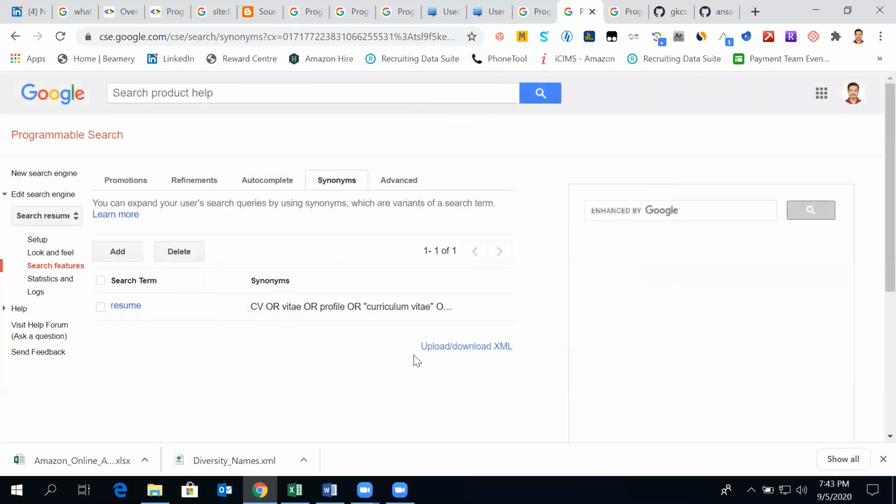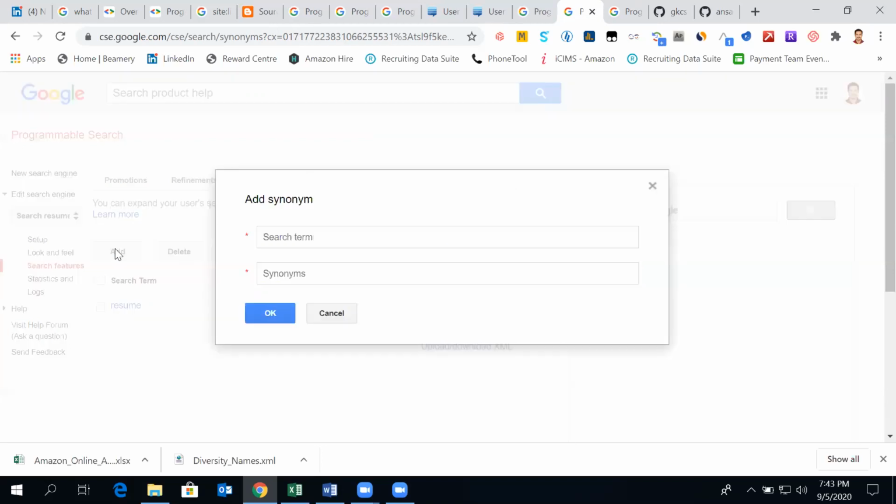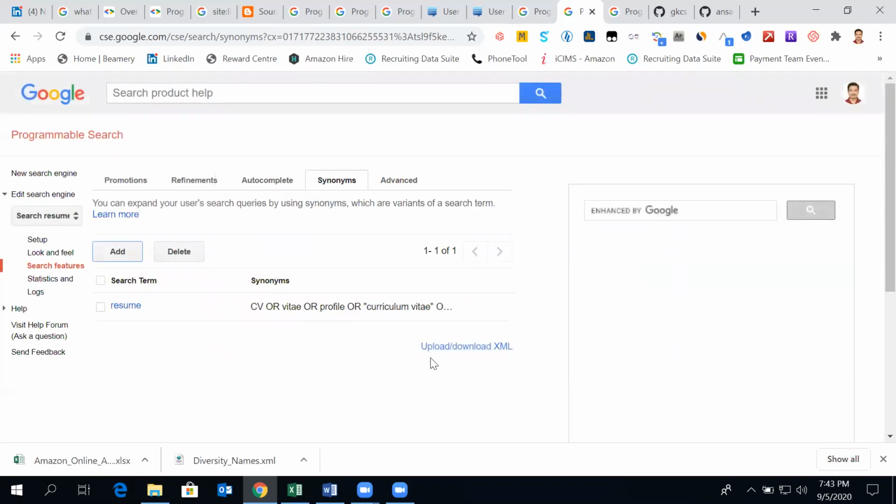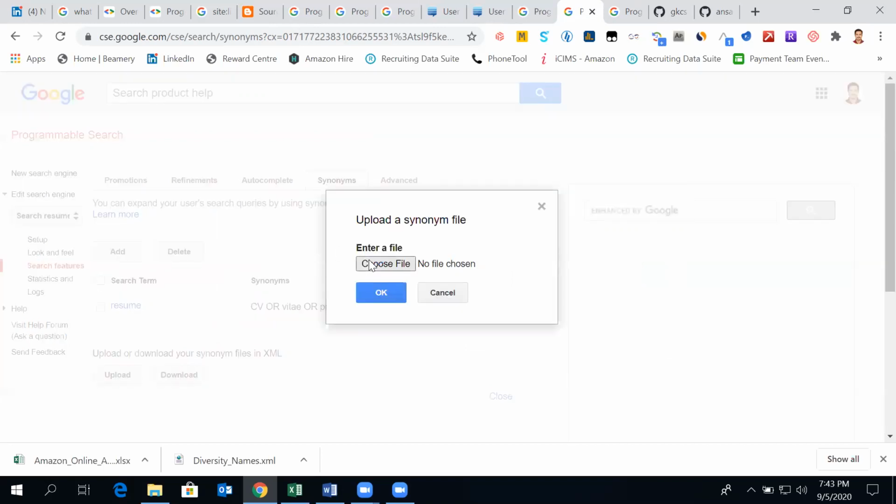Also, I was actually working on uploading XML while creating one of the search engines for diversity searches, but this is still not allowing me. Otherwise, we can upload 500 names, meaning 500 keywords basically.